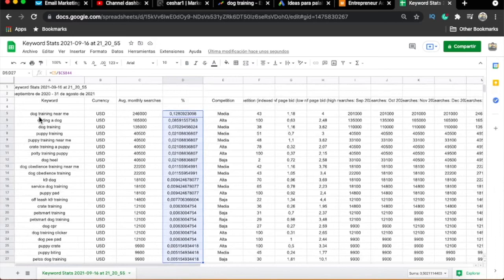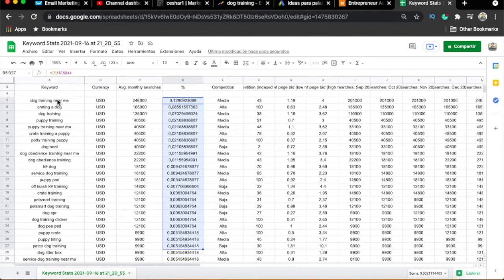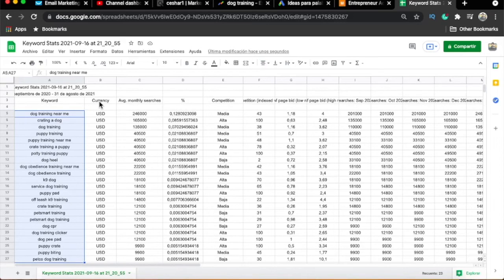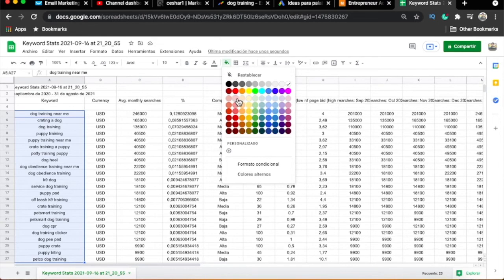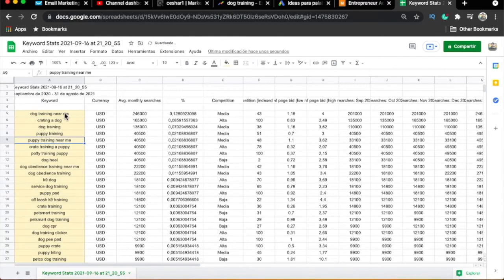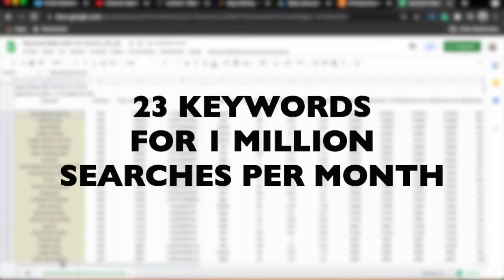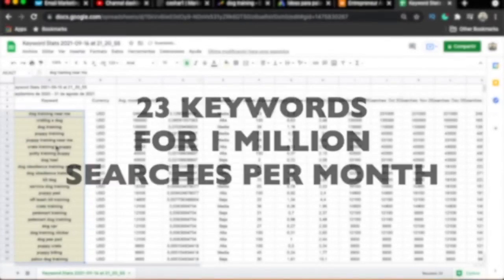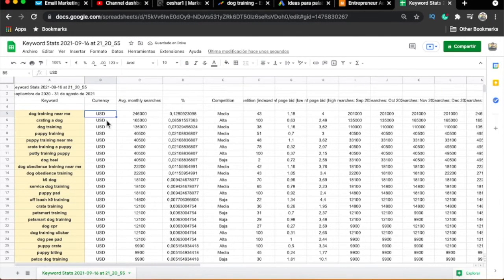So you can see I can use basically these 23 keywords to run my Google search ad